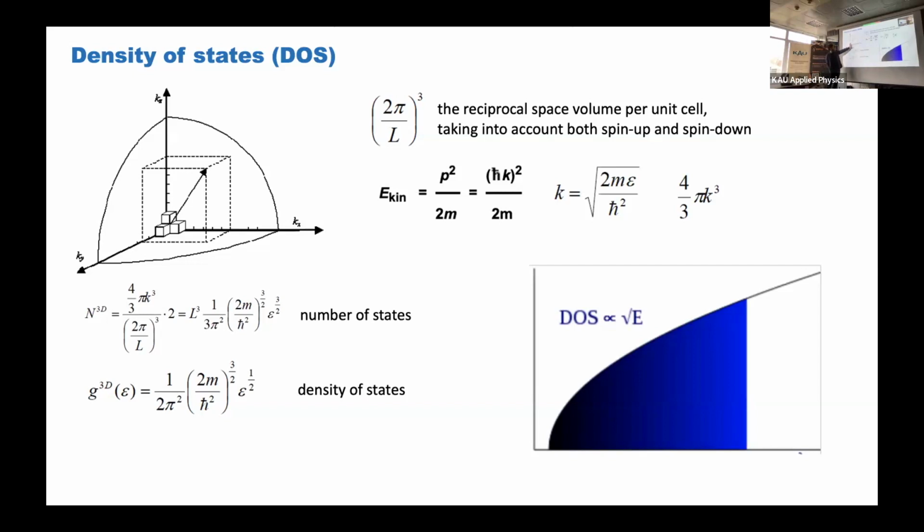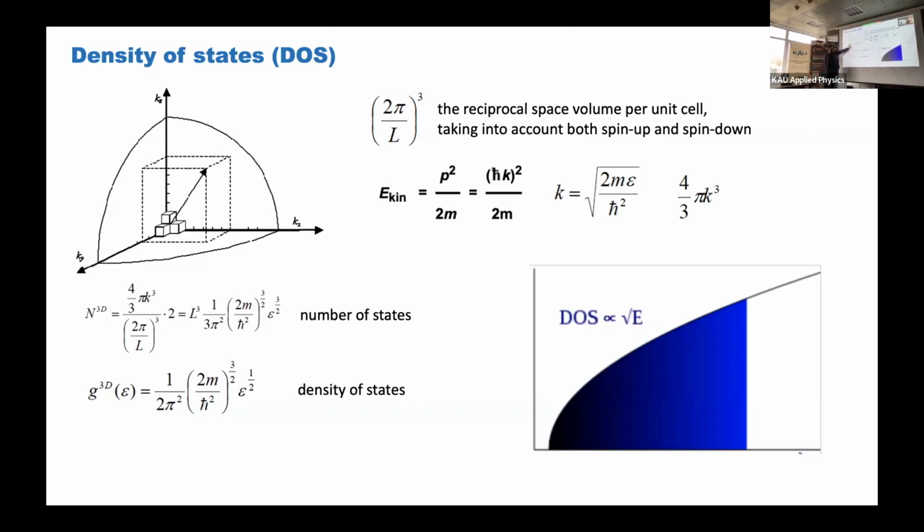We fill the space with these volumes. It's shown like cubes just for simplicity, and in each of these cubes, which we call sites, two electrons can be seated, with two spins. So we fill it with sites.